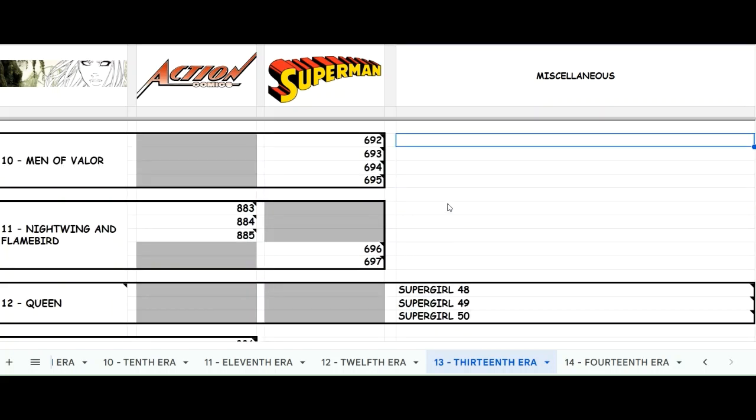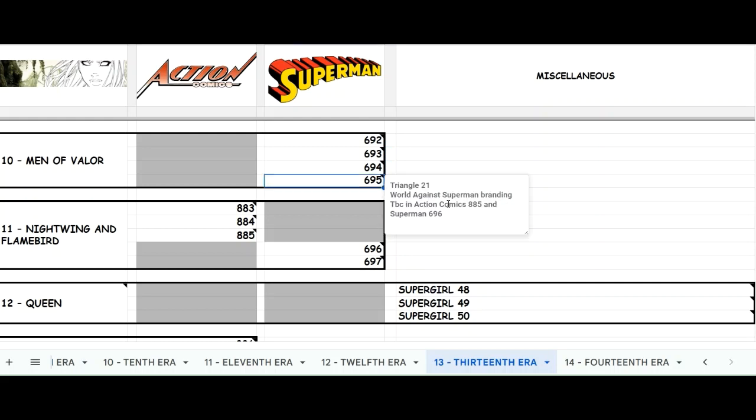Next up is Arc 10, which is Men of Valor. So this is Superman issue 692 to 695. It's all branded World Against Superman, and the triangle numbers are triangle 9, 13, 17, and 21. So Superman 695 is triangle 21, branded World Against Superman, and it actually says to be continued in Action Comics 885 and Superman 696. Don't worry, we'll get to those momentarily, but I wouldn't recommend jumping to those